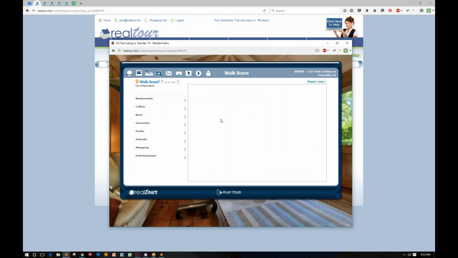My walk score. This is something that you didn't have to do in the back end. It's just something that we automatically do for you. Walk score is just a website that shows you all the amenities that are close to your listing. Now I've got a really low walk score because my property is in the middle of nowhere. But at least it shows me where everything is. Maybe I want a country home, and I don't mind that it's 30 miles to the closest bar. But anyway, you get the idea, right? If you're somewhere else, you might have a higher walk score, but it shows you all the amenities that are close